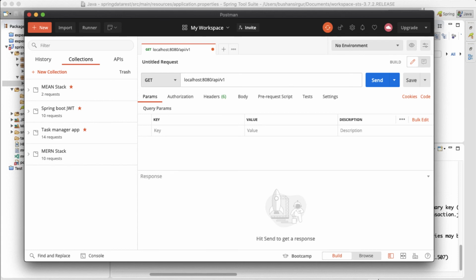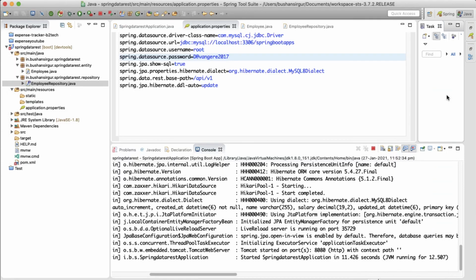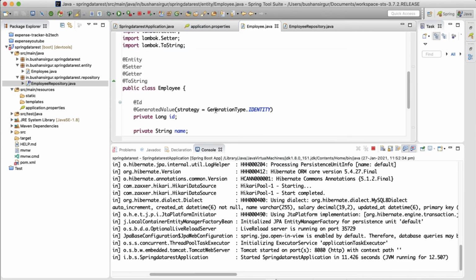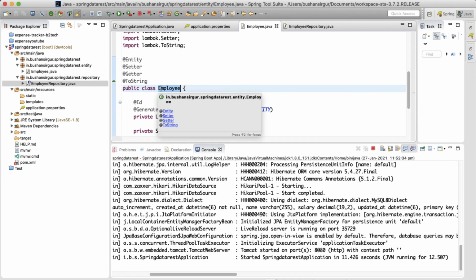Okay, so now what are the REST endpoints for that? What Spring Data REST will do is look at the entity name, which is employee, and expose the REST endpoint as employees. It will convert this singular entity name to a pluralized form, and convert the first character to lowercase.